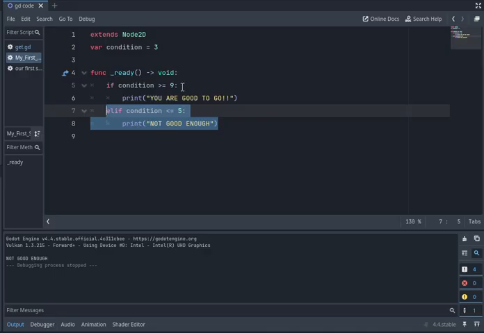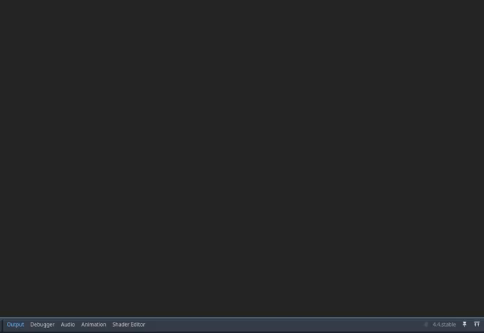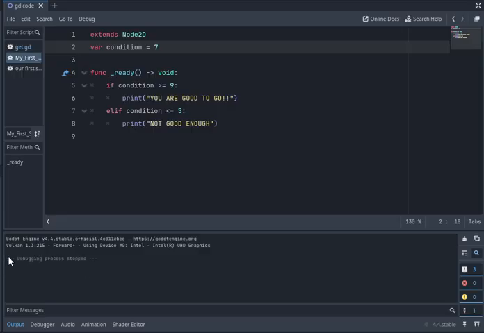Now what if I put 7? Now 7 is not greater than or equal to 9, neither is 7 less than or equal to 5. What would it print down here? Let us run and see. It prints nothing because the computer doesn't know what to print. You have not told the computer what to print, which takes us to the last